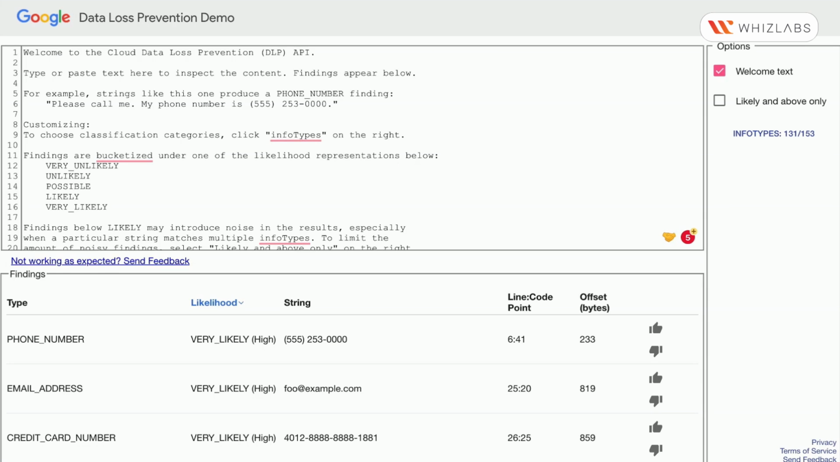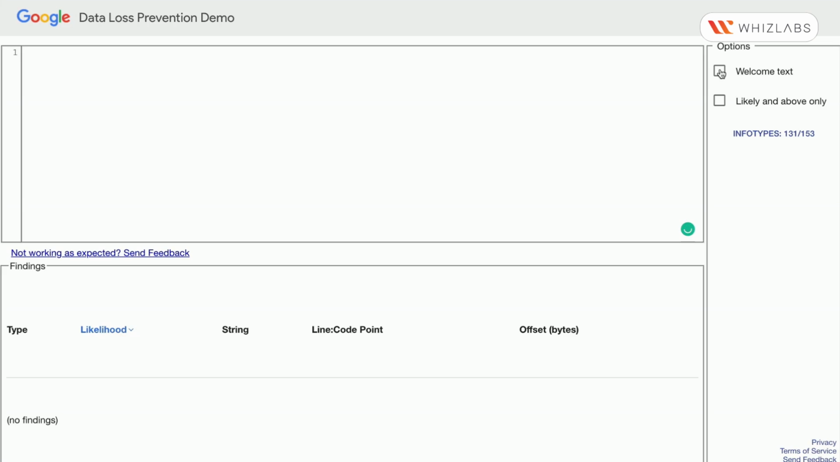The cloud.google.com has a link called DLP demo, and it gives us a welcome text. So in the options, I'm just going to uncheck this welcome text. So how does the data loss prevention work? The data loss prevention on the Google Cloud will automatically detect names, phone numbers, and somewhere around 153 information types. Let me start by writing, "Hello,